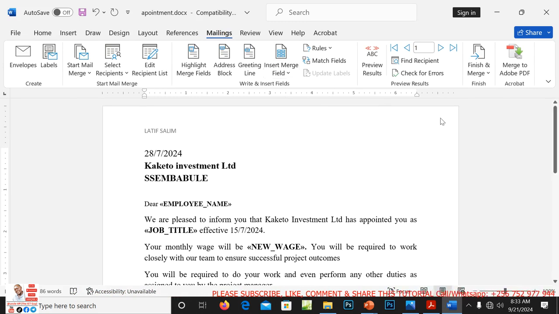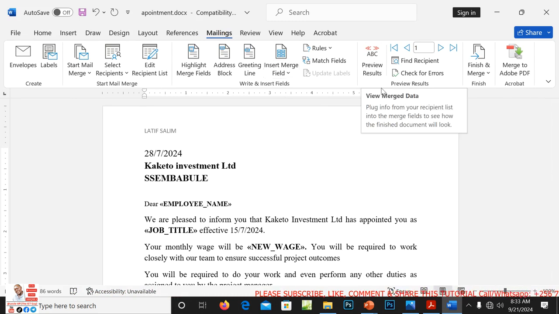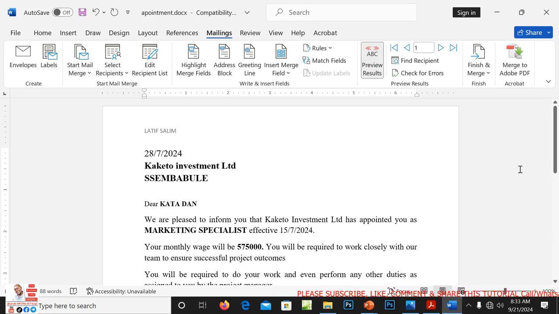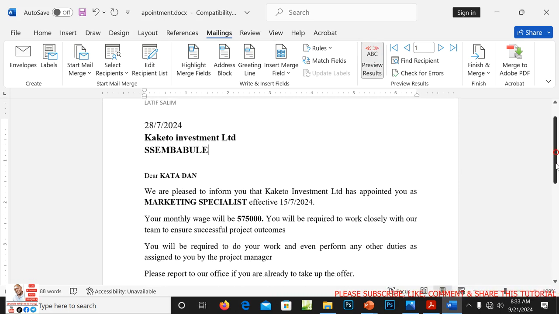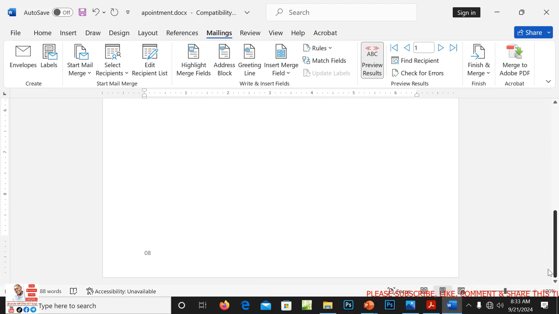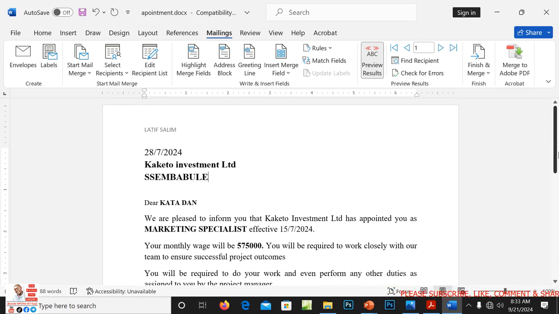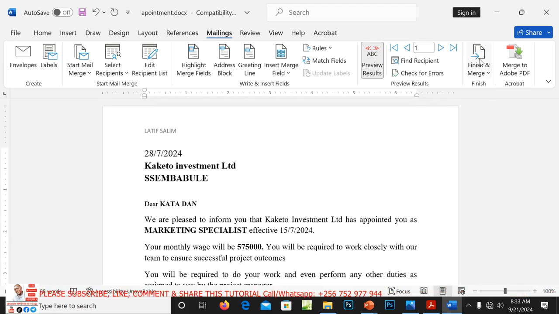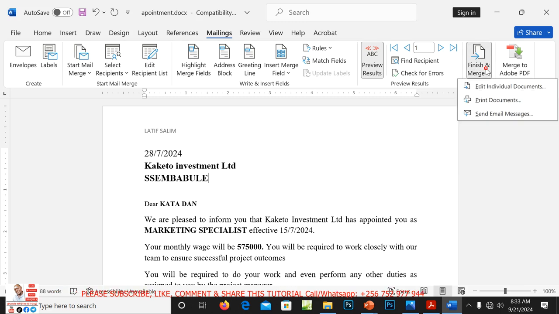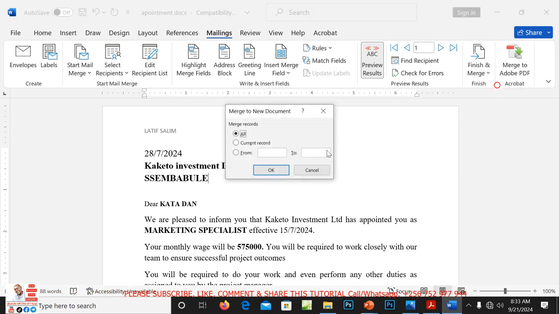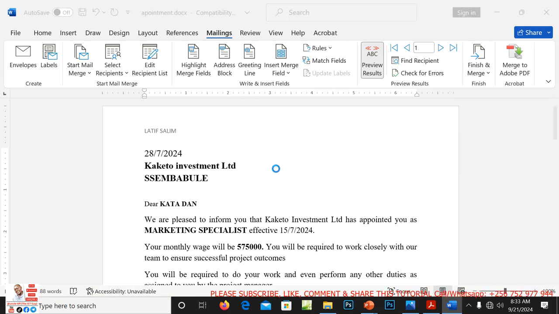You can even preview. You can preview the results and see. You see, these are our letters, members. This is our letter. So we shall just continue here and say finish and merge, edit individual documents, then all.